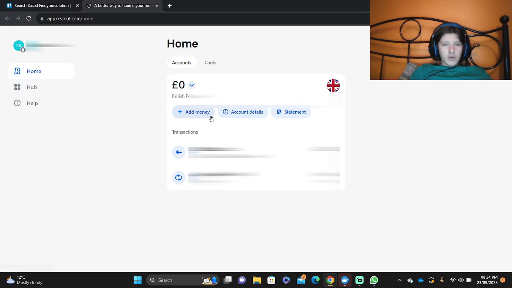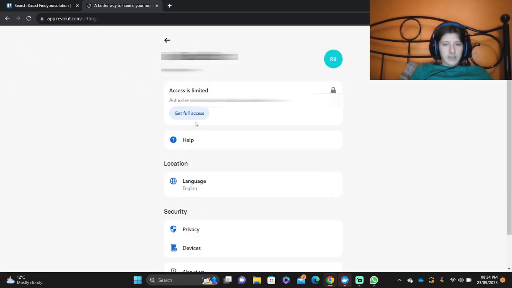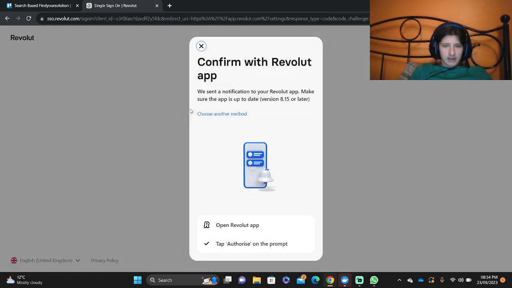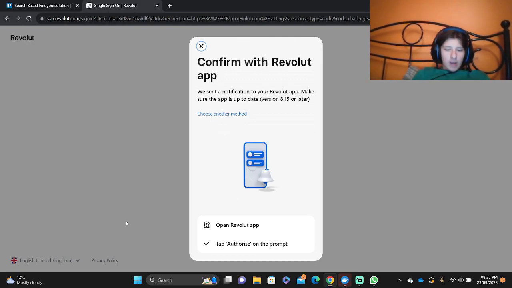Now we're going to go into the add money section. Before we do that, you have to have some money in your account. Because my account is limited, we're going to press get full access. It's going to send us a confirm with Revolut app. So in order to be able to use Revolut on your application, you're going to need to get the application onto your phone. Then as soon as I confirm,